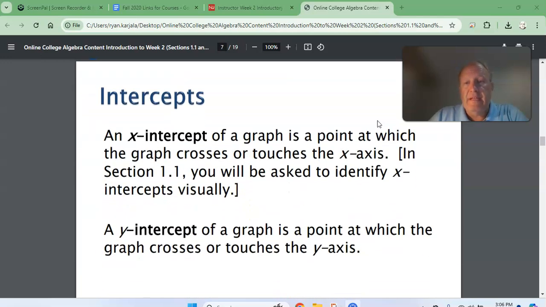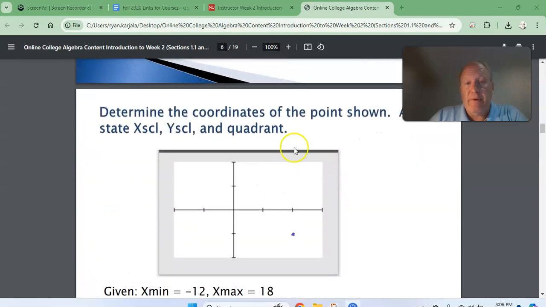Now, the intercepts. The intercepts are where the graph crosses the x and y axis. The x-intercept is where the graph crosses the x-axis. The y-intercept is where it crosses the y-axis. So, if we go back to this coordinate plane right here and I draw a line,